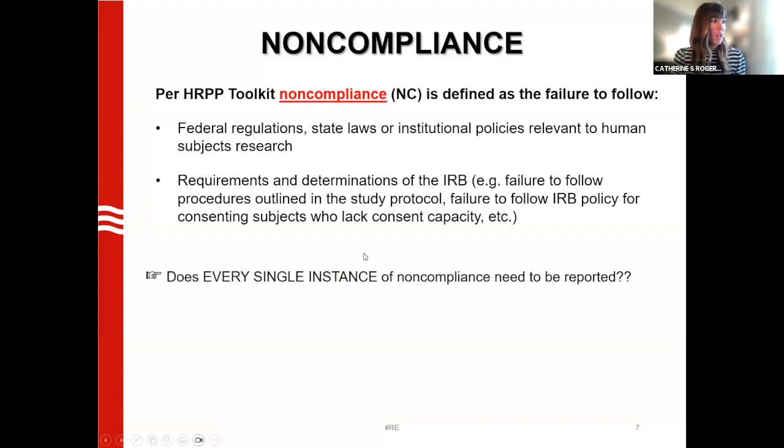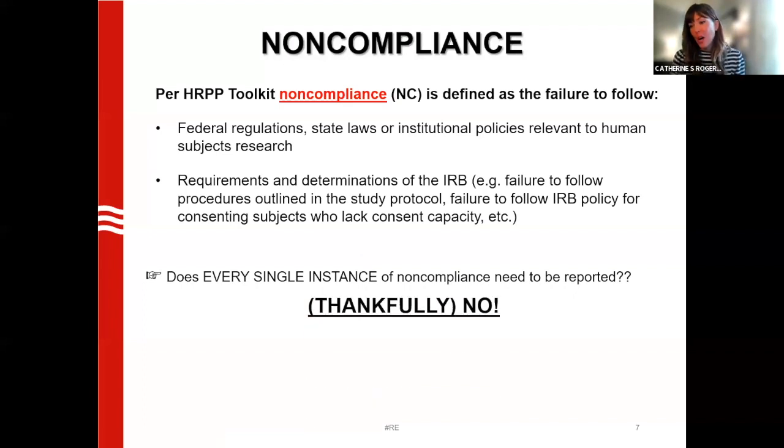Does every single instance of noncompliance need to be reported? Thankfully, no. There are some outs that we have. If we got every single instance of something not adhering to your protocol, I think we would be absolutely overwhelmed with reportable events, and we wouldn't be able to sift through and identify the ones that we really need to know about. So there are some categories of things that don't need to be reported, and that's what we're going to